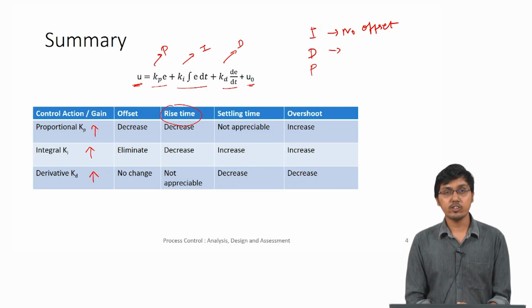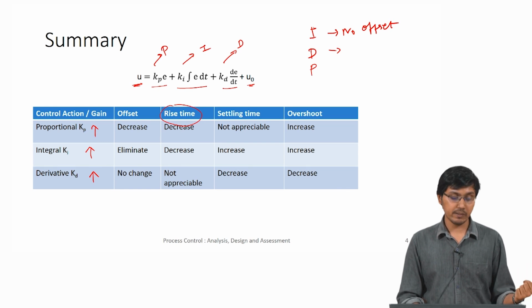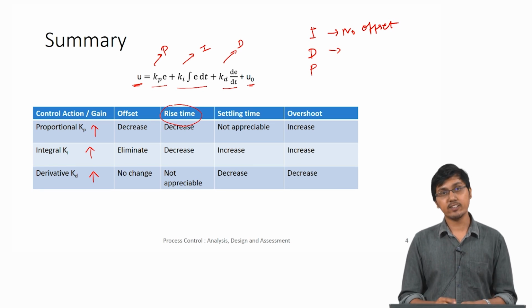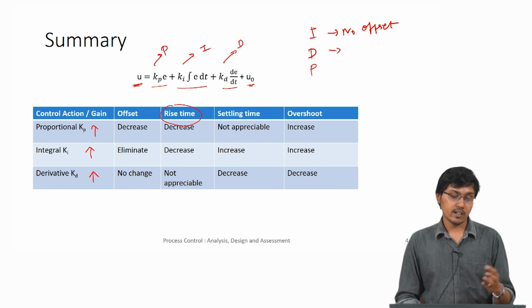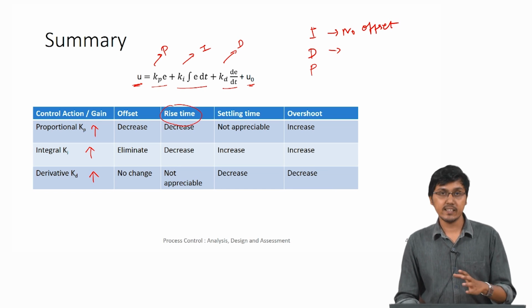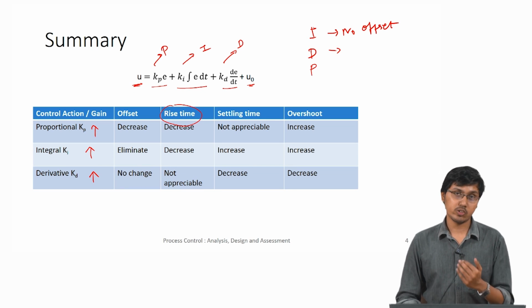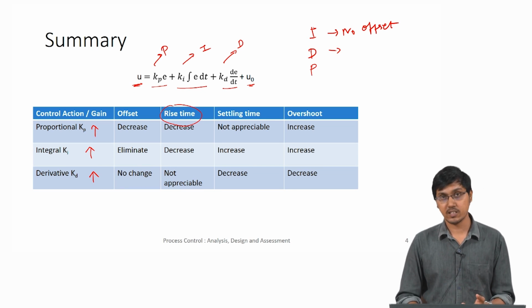In the next lecture, we are going to go through some formal methodologies for how to get these values of Kp, Ki and Kd. Today we have just seen these qualitatively, but there are certain rules for getting Kp, Ki, Kd. Actually, there are a lot of rules, as several people have proposed several methods. We will go through some very standard methods and see how the system responds, and also briefly visit MATLAB's PID tuner block, to see how MATLAB automatically tunes the PID controller itself. It can itself provide the values of Kp, Ki, Kd. That will be the topic for the next lecture.